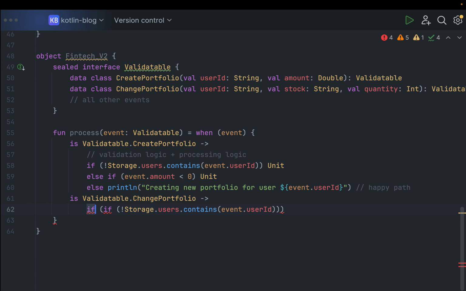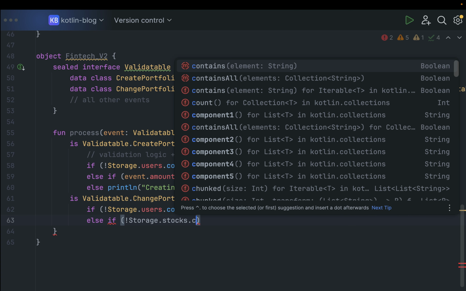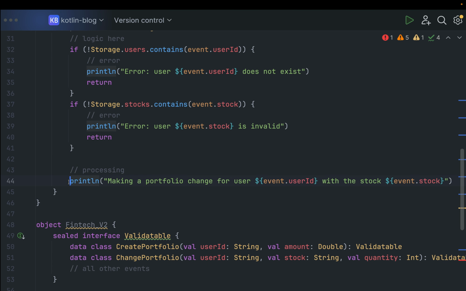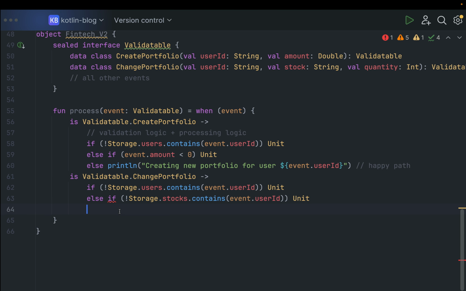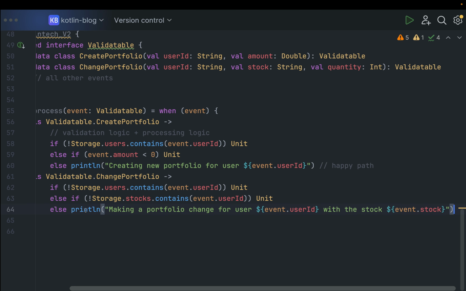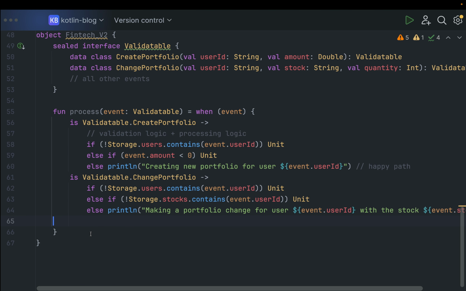If this little thing, then I'm going to return unit, else if not storage stocks contains event user ID, then also you return unit, also with the print lines if you want, but I'm just going to keep this function compact. And otherwise, I'm going to do the other happy path. So making a portfolio change, this little thing. So this would be the happy path for the change portfolio, and so on and so forth for all the event types. So we have other cases